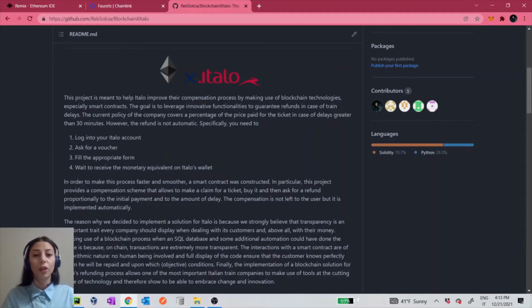Let's go back to the origin of the project. So the idea of this project is to allow Italo, which is one of the most important Italian train companies, to speed up its compensation process when a train delays. Of course, this process will be kind of automated, and we will make use of blockchain solutions, specifically a smart contract, to allow Italo for this speeding up of the compensation, and also to ease the compensation claims on the side of the person